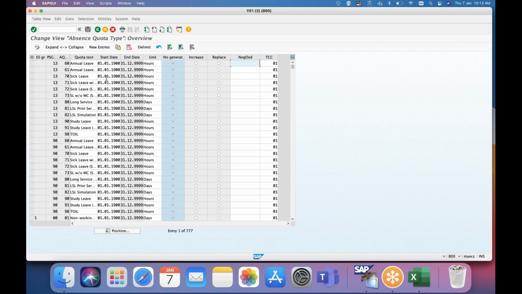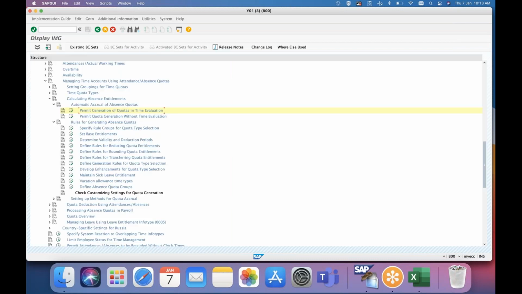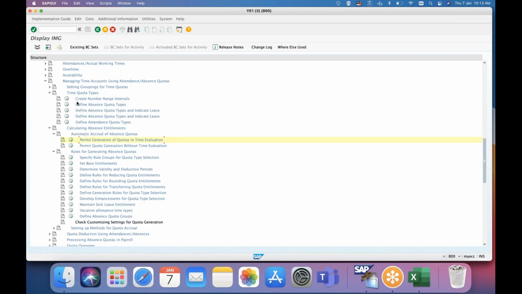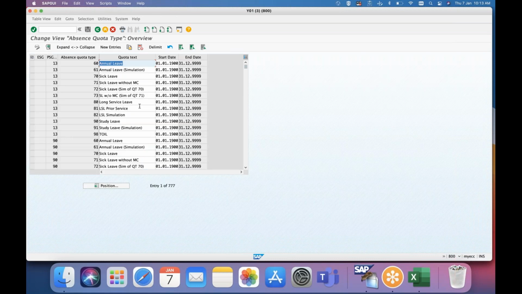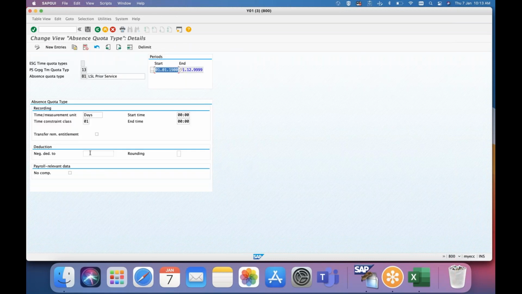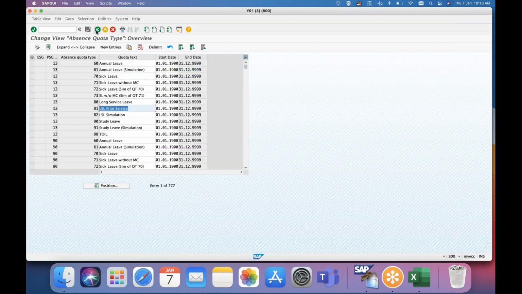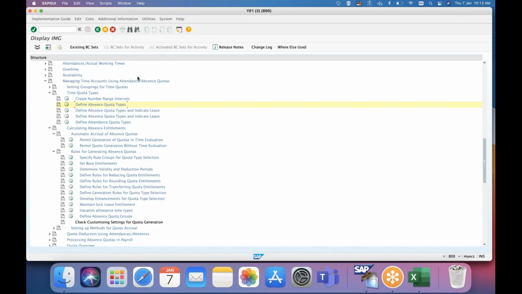That is there when you create the quota itself. You can open any of the quotas, and here you can define it, and the same thing will be displayed. But you need to understand the concept: what is behind negative time deduction?